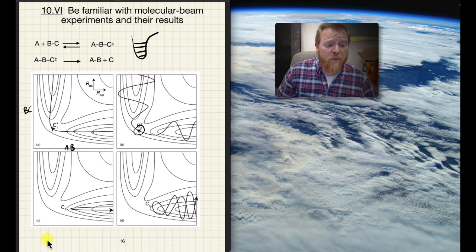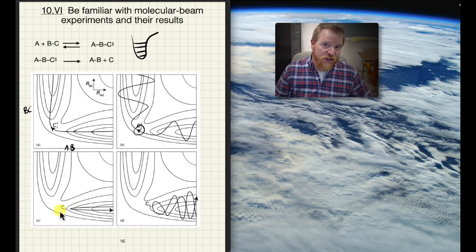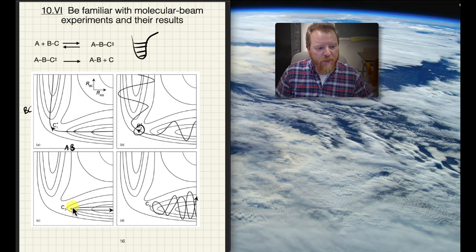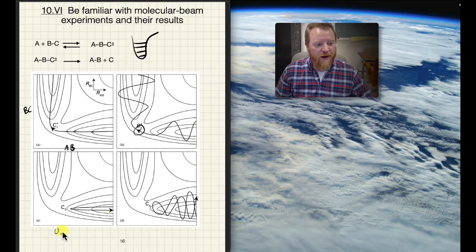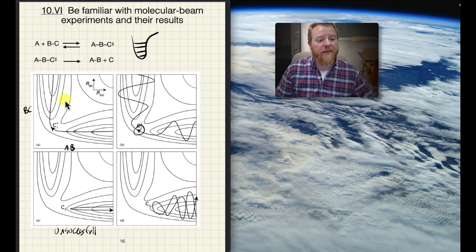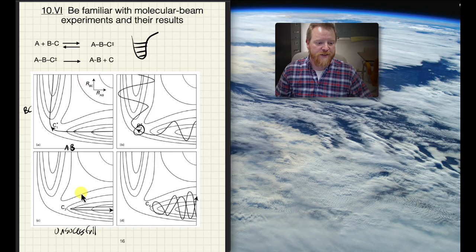So there are other potentials as well. We could imagine a scenario in which a reactant comes in at a ground state, but is not in the right orientation for reaction to happen. So it just kicks right back out. So that would be an unsuccessful reaction. Okay, and these top two would be successful reactions as it's moving through the transition state. So we'll say unsuccessful for these two.